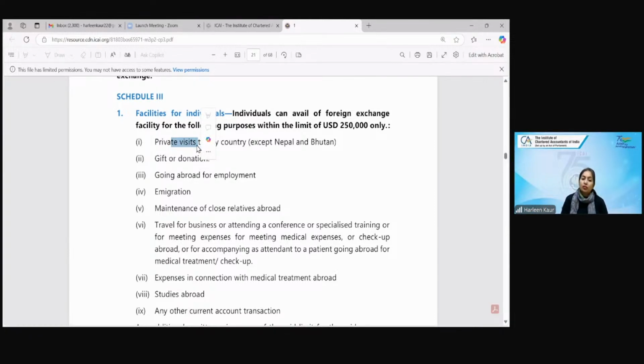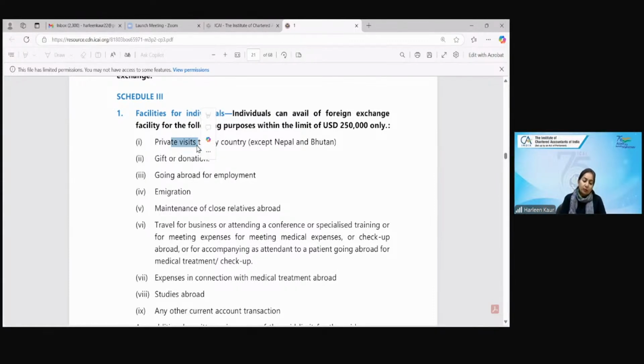If you want to give gifts or donations to anyone, any of your residents who is studying in China or in US or in UK, do you need the approval of RBI? Yes, ma'am or no, ma'am? If you're giving gifts and donations up to 2,50,000, ma'am, no approval is required. Very good. If you're going abroad for employment purposes, you have decided to join the Deloitte office in US, now up to 2,50,000 USD you can take, but beyond that you need the approval of RBI. Immigration. Now you have planned to settle over there in the US only. You have taken a home and you have got married over there and you're going to immigrate forever. Then also 2,50,000 you can take, but beyond that, RBI's approval is required.